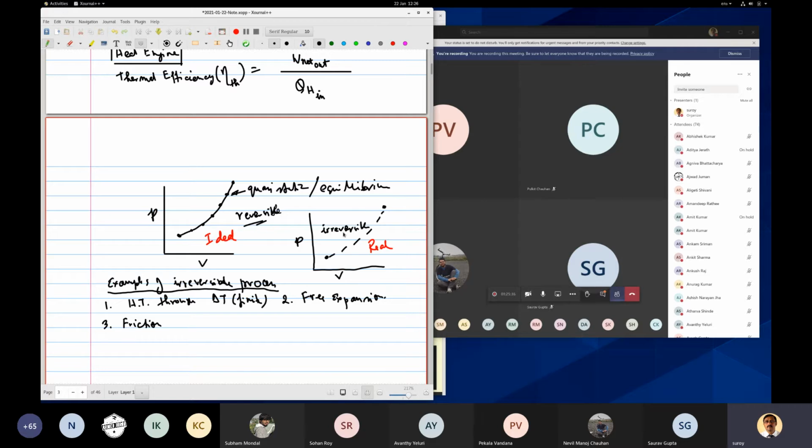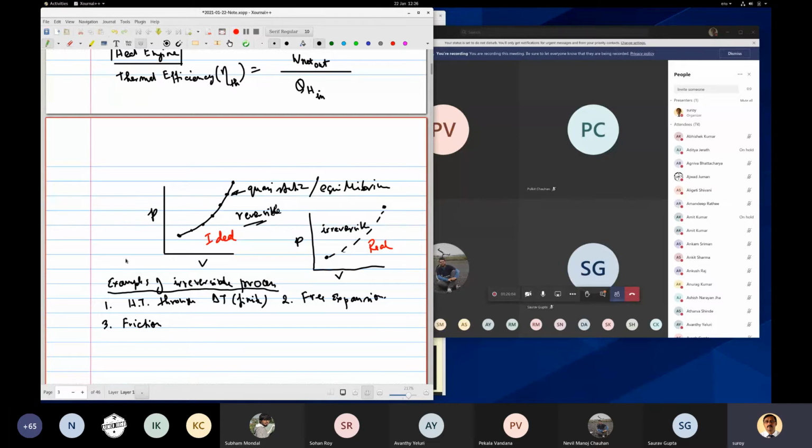But if you have irreversible, that means I am doing it by dashed lines. That means the exact state that it passes through cannot be well defined, right? It is not quasi-static. So the exact state is not unique. I mean, you cannot specify it properly. So the end states are known. So this is irreversible. It is not going through equilibrium states.